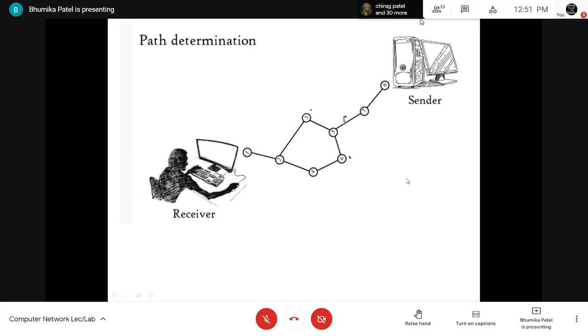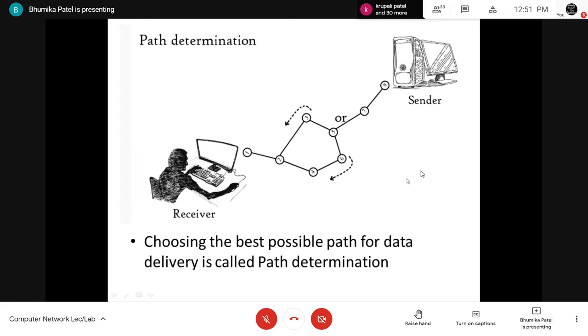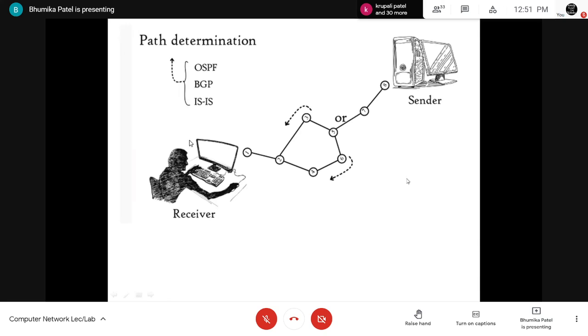Okay, so we can say layer 3, network layer, is what? It is a layer 3 device that uses which protocols? OSPF, BGP, ISIS, and so on. There are multiple protocols that can be used by the network layer. Okay, network layer is the layer for performing the routing and the path determination. So you will see all these protocols in detail, and today I'm just stopping here. The next lecture I'm going to explain data link layer and physical layer.